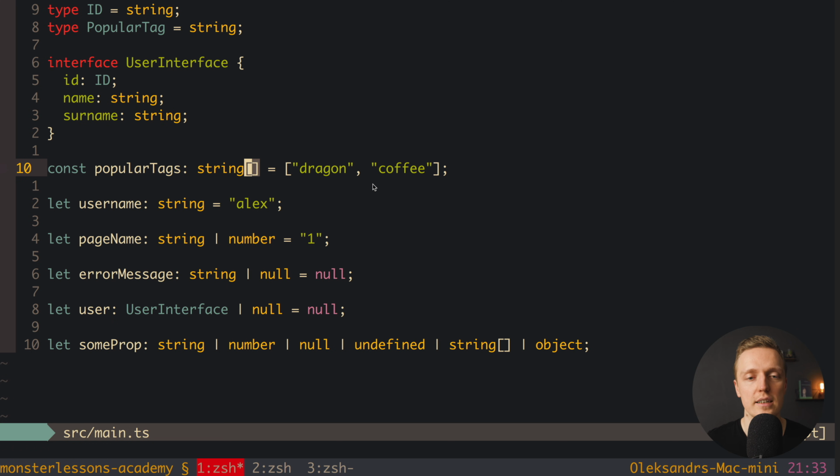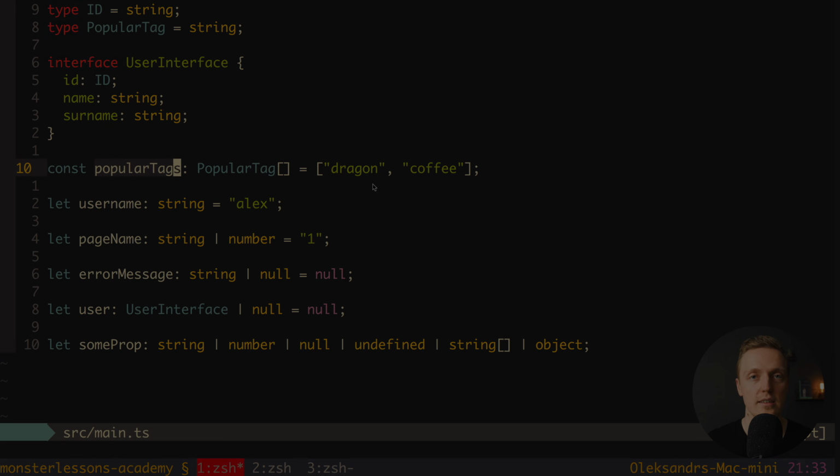This is completely fine. But the point is that if you are using some entity across your whole application and it's not an interface, it is really nice to read it like this. So this is popular tag and this is an array. And in this case, it brings you clarity and understanding of what it is about, and you understand, okay, this is popular tag, this is an entity inside our application, and this is the array of these entities. Of course, this is string, but this is really nice to read and understand.